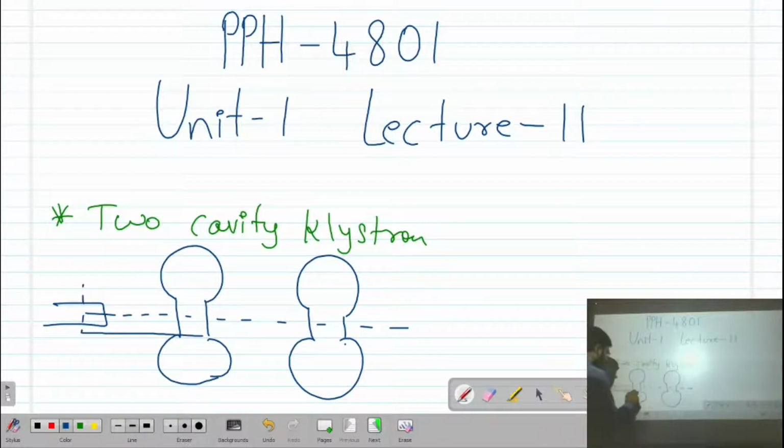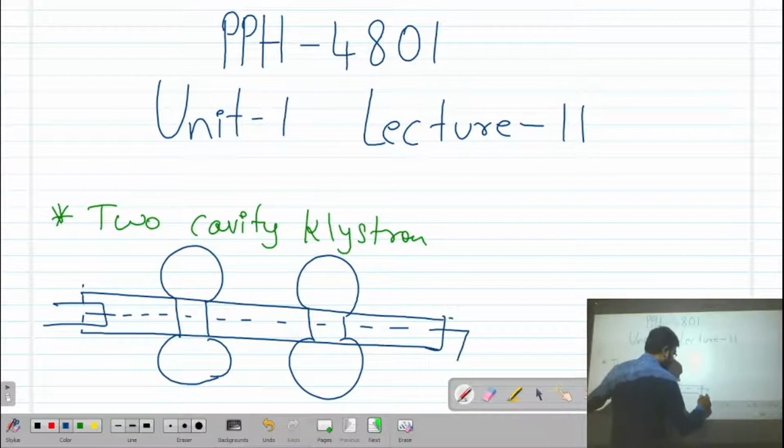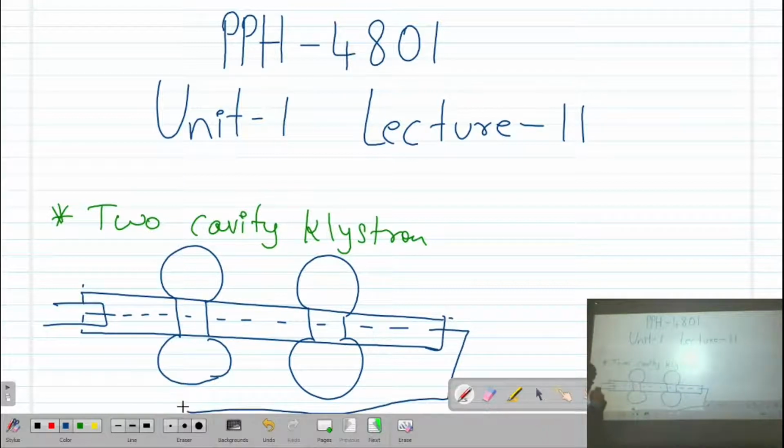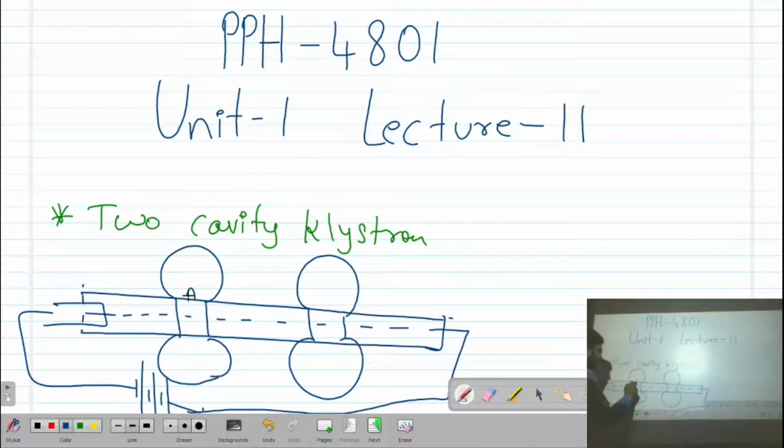Such an assembly was there, and the potential was given to this electron gun. This is gap A, this is gap B, this is the buncher cavity, this is the catcher cavity,